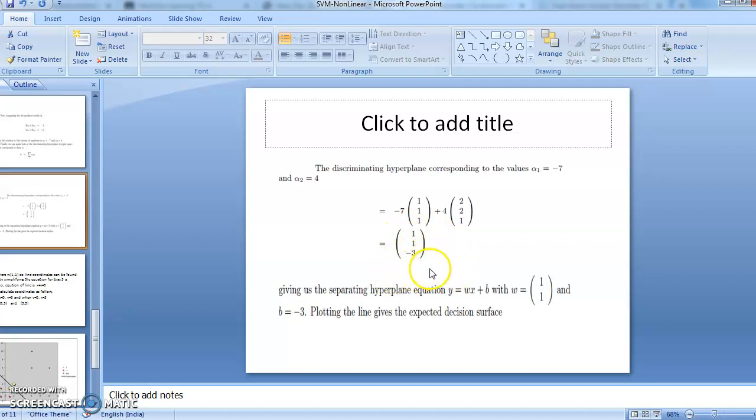So here if you compare this, our value of W is (1,1), and the bias value is 3. So what does W = (1,1) mean? Now here your hyperplane will not be a horizontal line or a vertical line. Okay, you have seen that in the last example. When it is (1,0), then that line is vertical. When (0,1), the line will be horizontal. But now here (1,1) means that the line will be neither horizontal nor vertical.